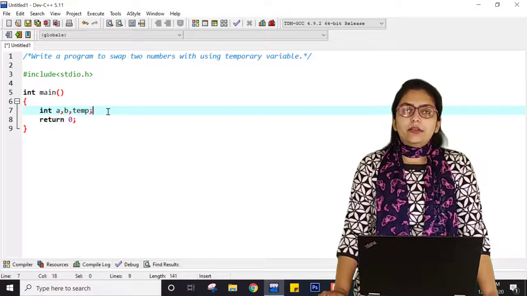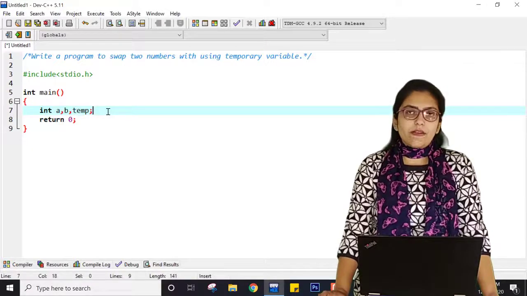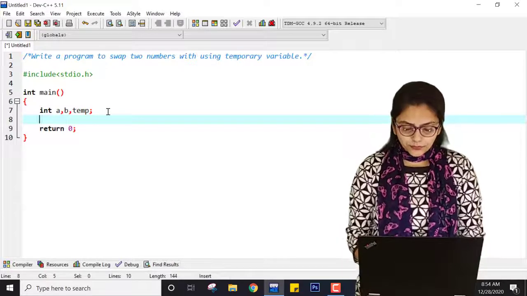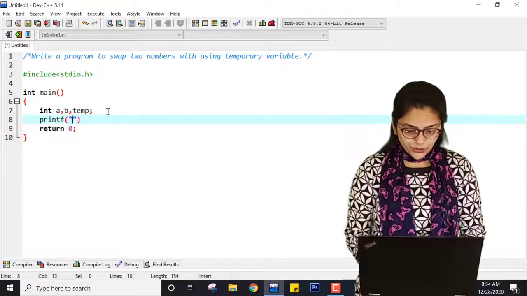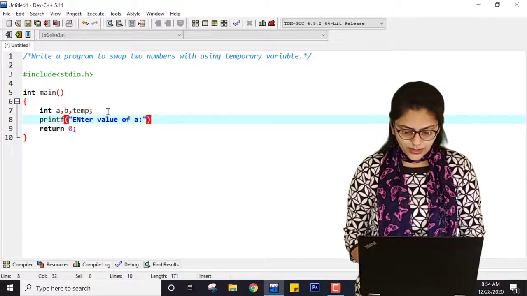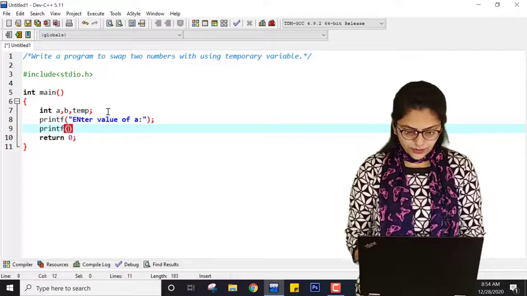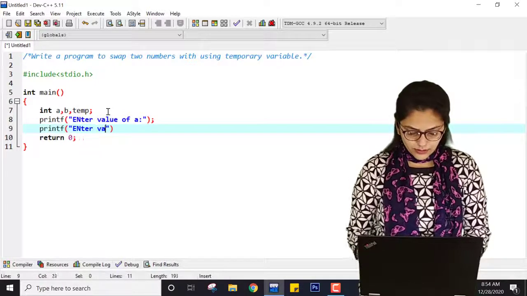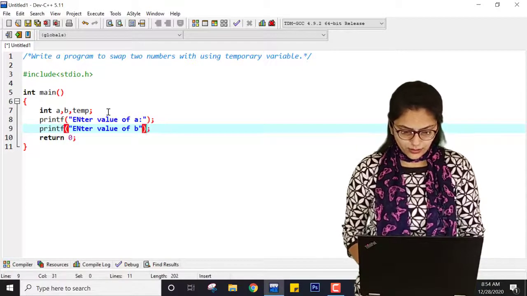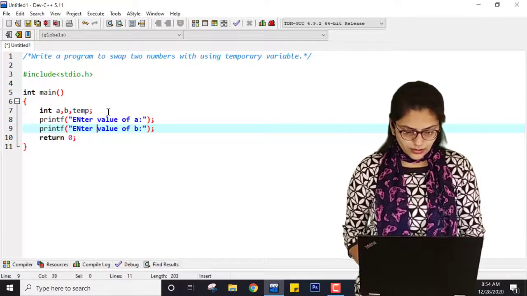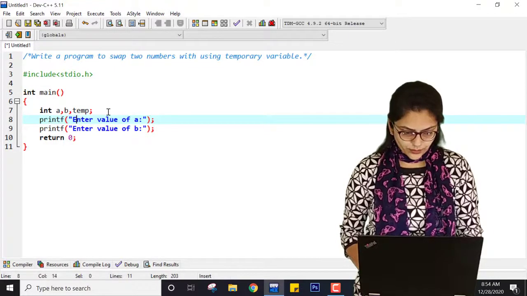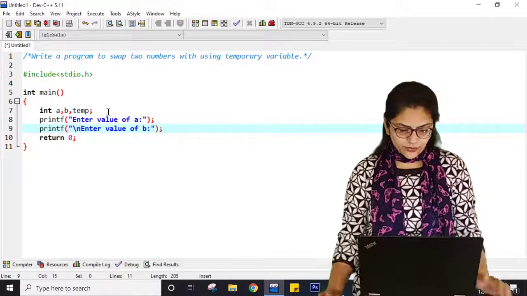Now I want to add two values from the user inside variable a and variable b. So for that, what do we need? First of all, I am telling the user, print enter value of a, then semicolon, print enter value of b, then semicolon, here colon, and here slash n.